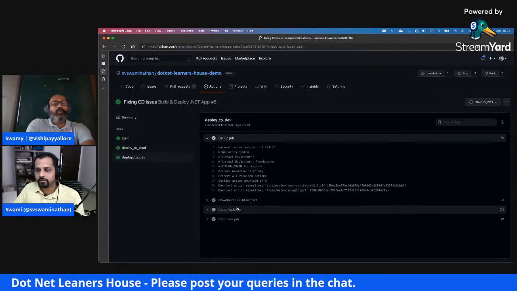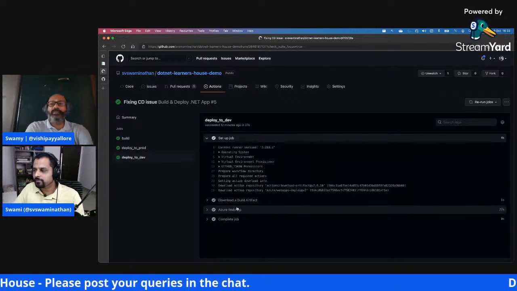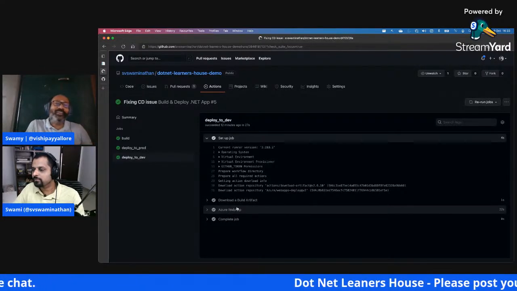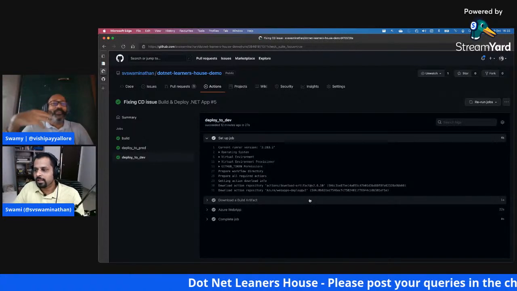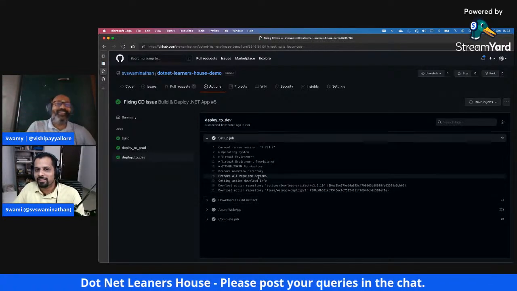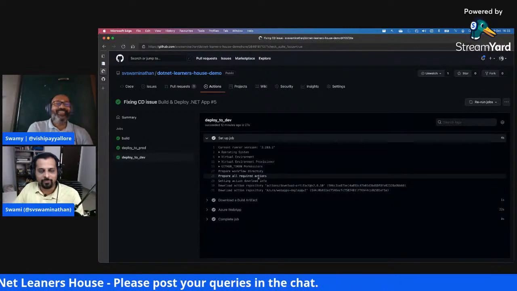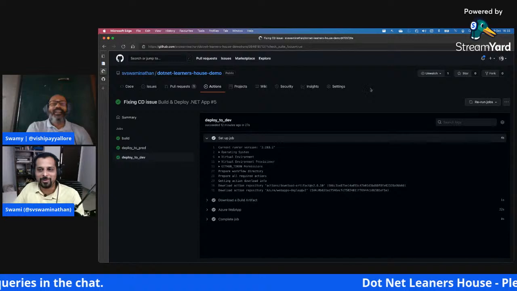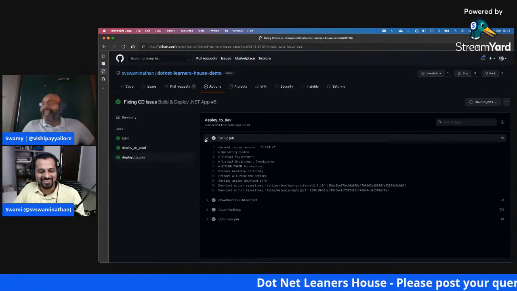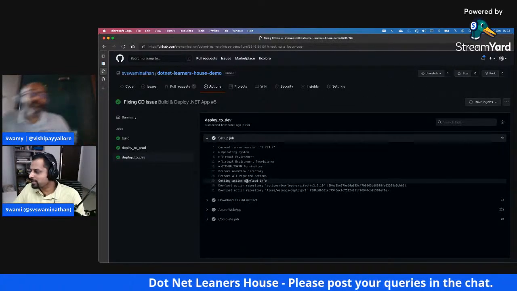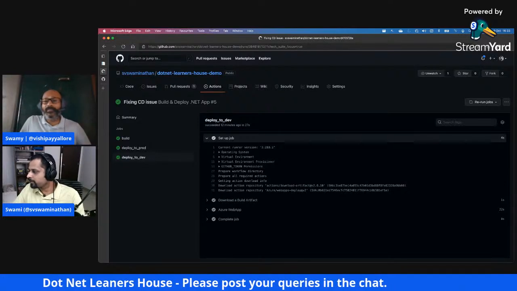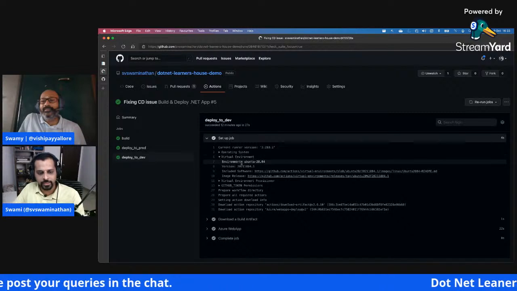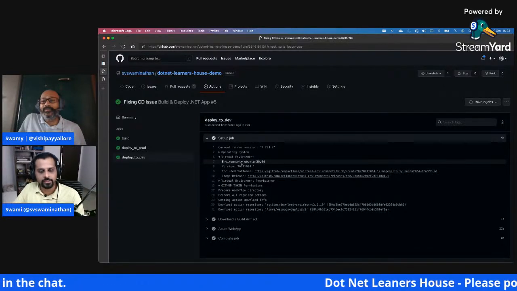Might be. I'm reading it in a different way. He's asking, why do we need an Ubuntu hosted agent instead of taking a Windows hosted agent to deploy? Okay, I mean .NET is now cross-platform, right? You can use it anywhere, and of course the Linux VMs are also cheaper than Windows VMs. I don't want to bill myself a lot. But my understanding was this. Maybe Senthil, you could correct whatever your thought was, right? Is your question around the choice of virtual machine here, or the choice of a virtual machine in which the Azure web app runs?